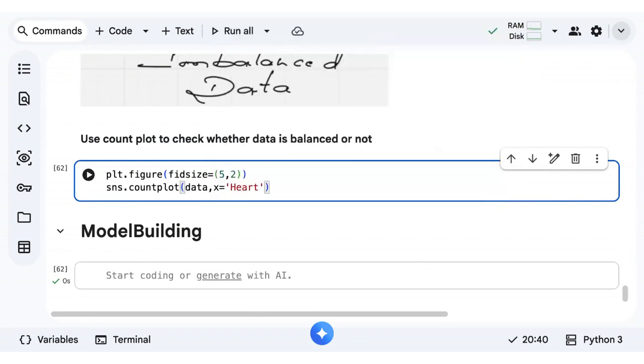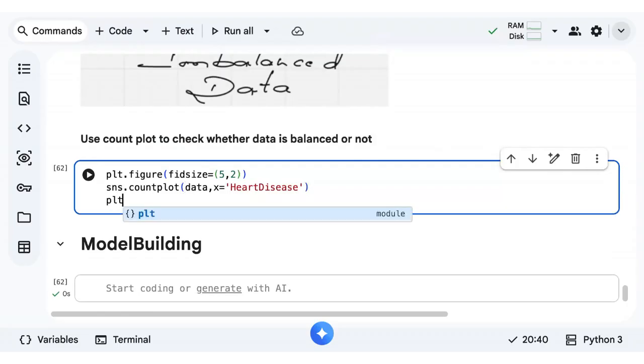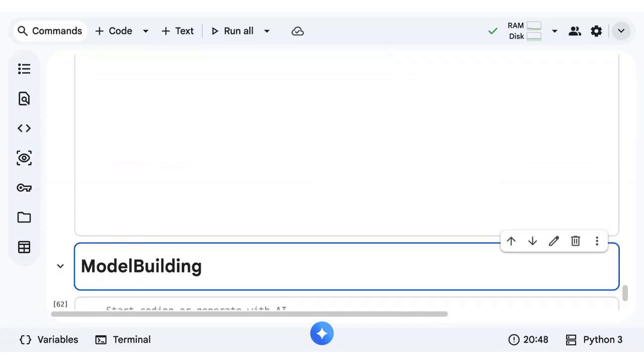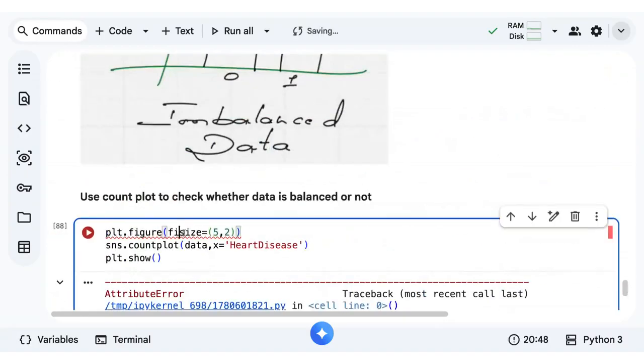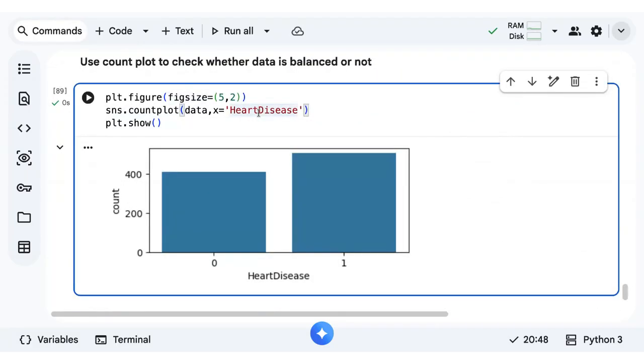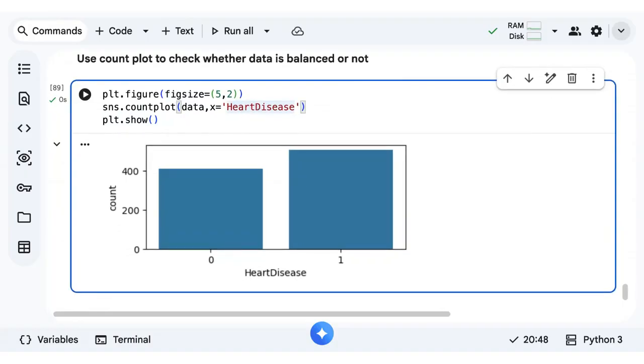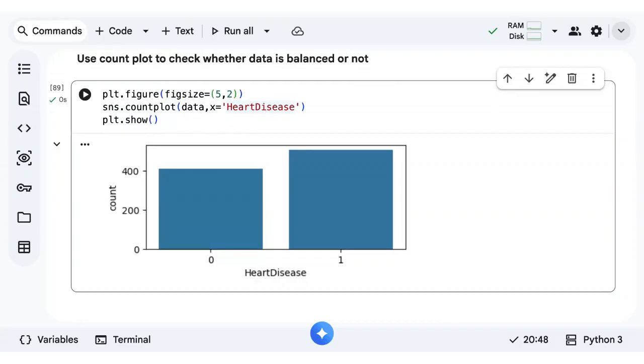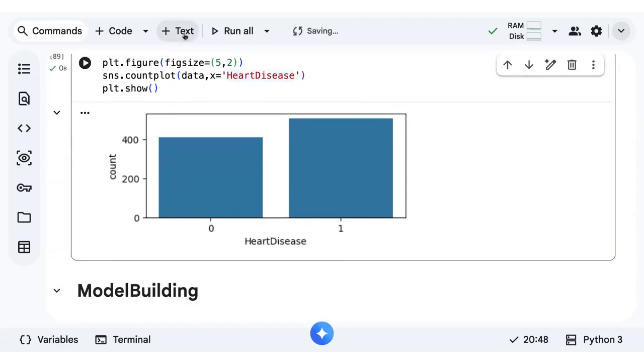You have to check it on the target column only, especially used for classification. So is it balanced or imbalanced? It's imbalanced, right? We don't have an equal number of observations. We have more observations towards high risk, and fewer related to low risk. So clearly the data is imbalanced.